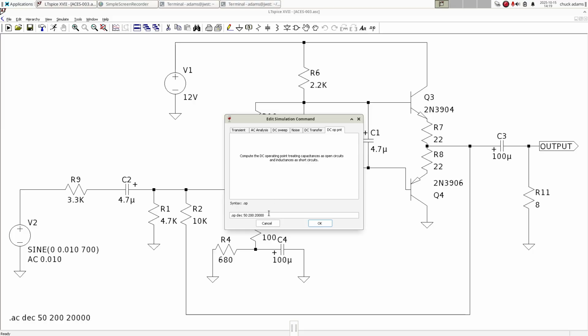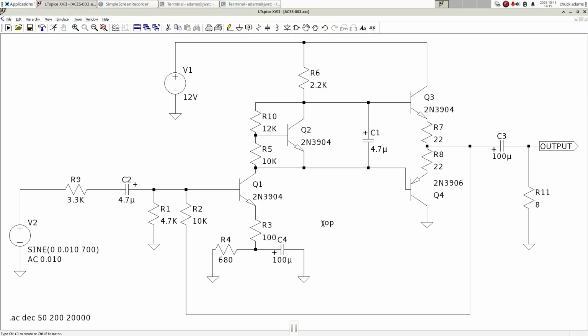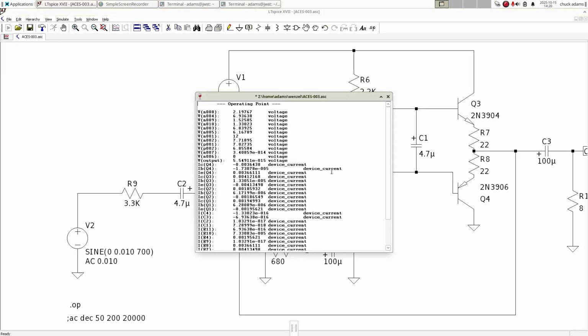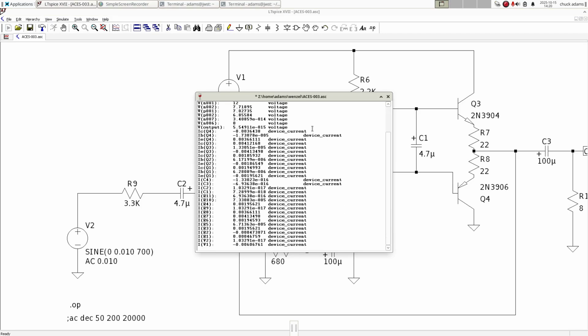And this brings up the .op command, but it has some parameters at the end, and we don't need those. You can leave them, but they're kind of confusing, so let me take them out, and let's do an OK. And now we put the .op command down here next to the AC command, just comment it out. Now we go and do simulate. We'll run this, and we get this window pop open that shows all of these